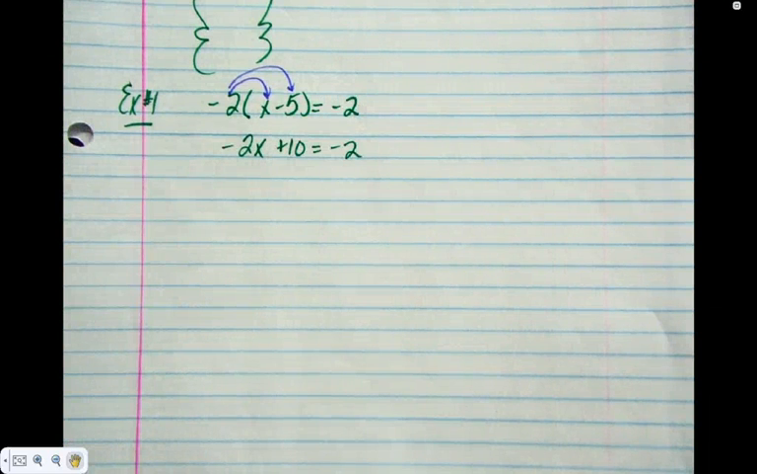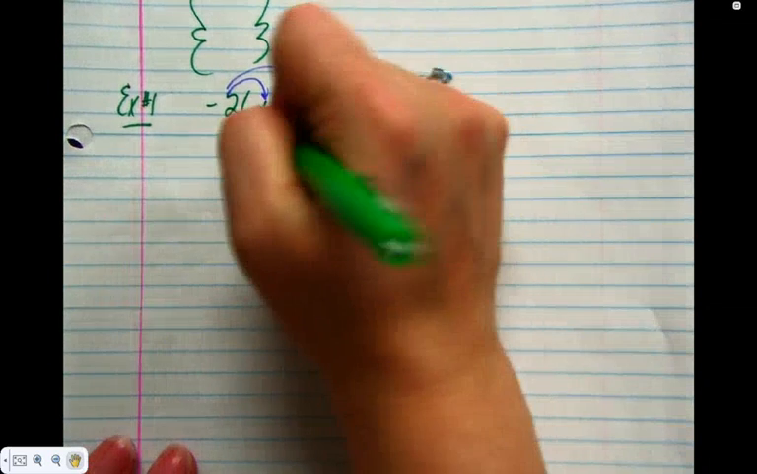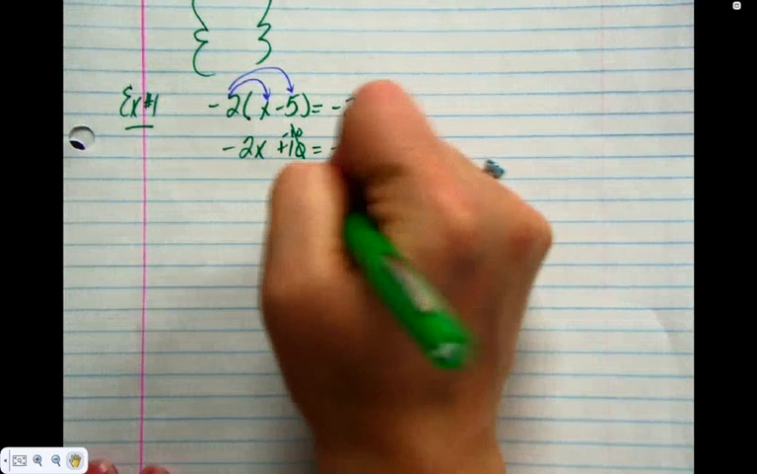This is an equation from 2 days ago. We need to get rid of the 10 first. What's the opposite of adding 10? So on the left, I still have negative 2x. On the right,